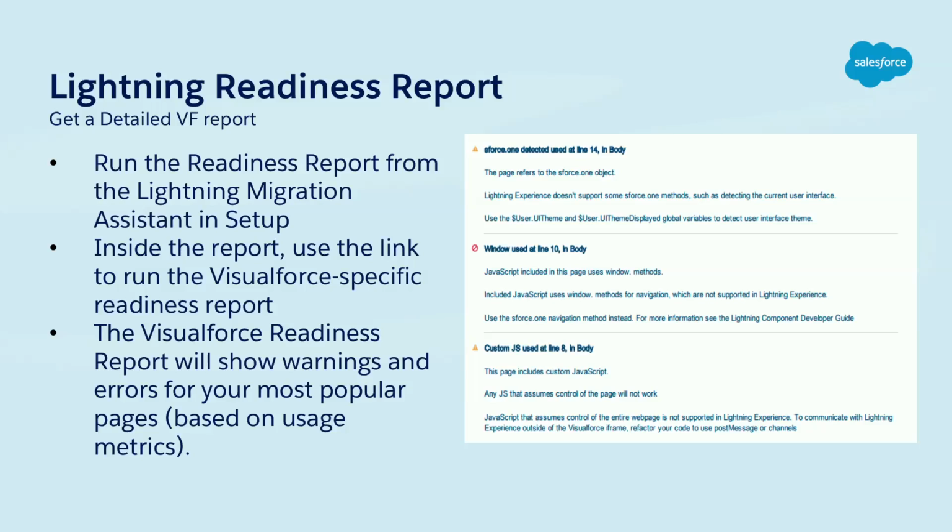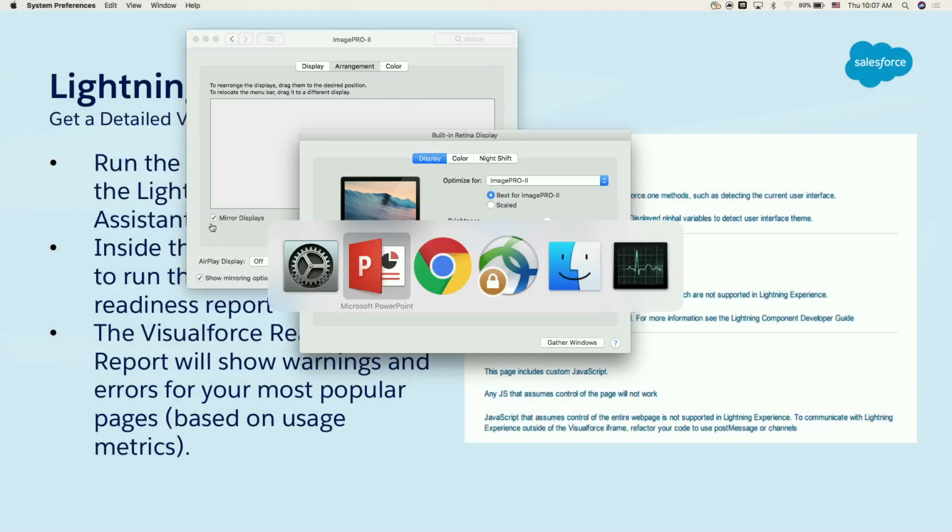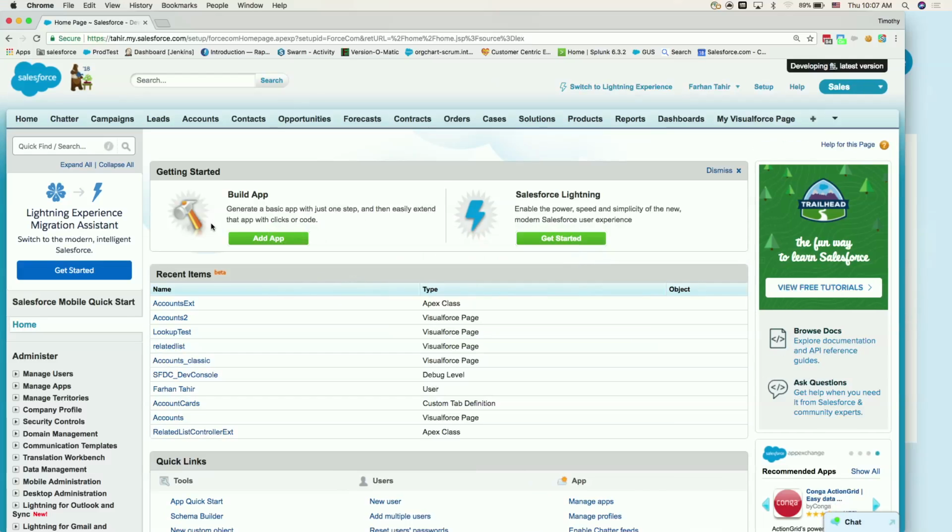Okay, so the Lightning Readiness Report is something you can start from Setup in Classic. And I'm going to show it to you. I've got to toggle my mirror here. Here we go. For some reason, it keeps wanting to turn that off. Can you see? Yes. All right. So here's my org that I'm working in, and I'm in Classic, in Setup. If you click on the left here, on the Get Started button for Lightning Experience Migration Assistant,